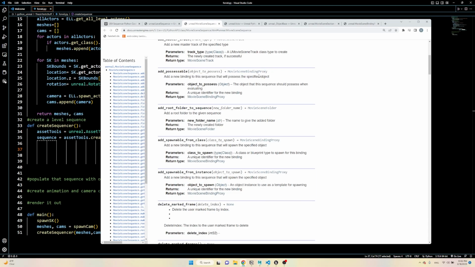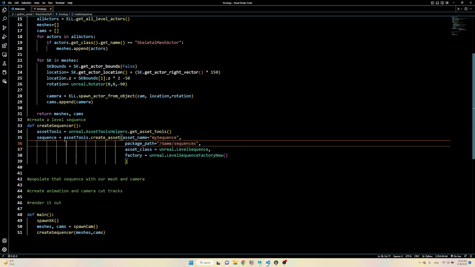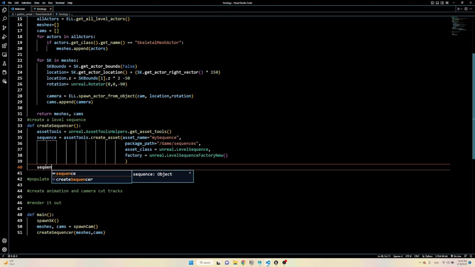And if you guys didn't know the difference, possessable means that if you have a thing in your level and you make it a possessable object of a sequence, you're basically just referencing it. You're dragging that in. While if you do spawnable from instance or spawnable from class, the sequencer will generate a mesh or a thing of that class that you're trying to instance, right? So anyway, we want this one because we know that our guys are already in the scene. So let's do sequence dot add